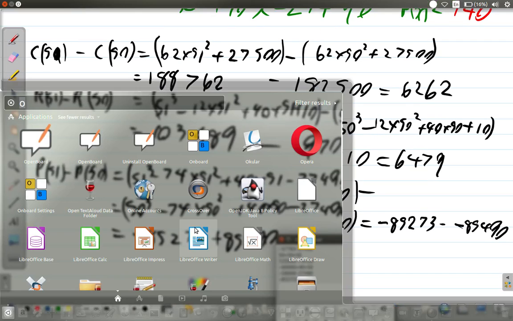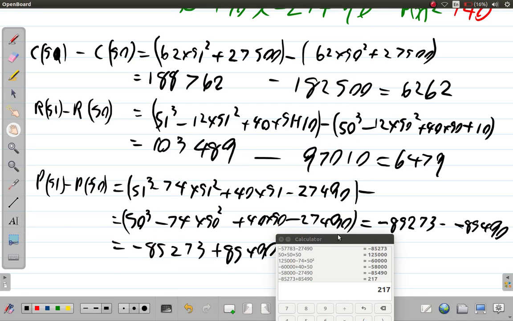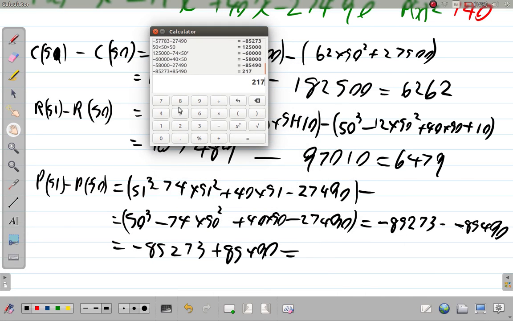Let's redo the calculation with the 51 again. 51 by 51 by 51 equals, all right, minus 74 by 51 squared, okay, plus 40 by 51 equals minus 27,490 equals,